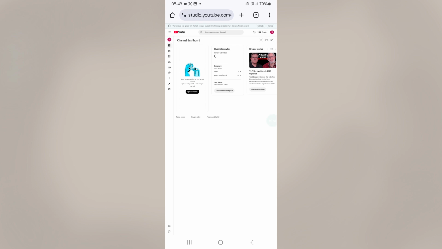And we've done this because if you have the YouTube app installed, it will take you directly to your YouTube app. But we want to use the desktop site, or we want to use the YouTube Studio on the Chrome browser and not on the app. So this is why we opened in a new tab, so that it does not take us to our YouTube Studio app. So once you're in the Studio dashboard, what you want to do now is zoom in